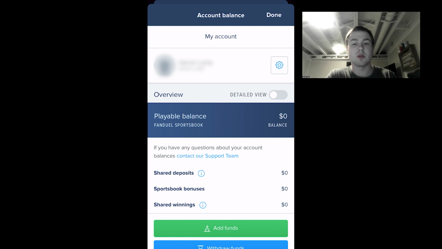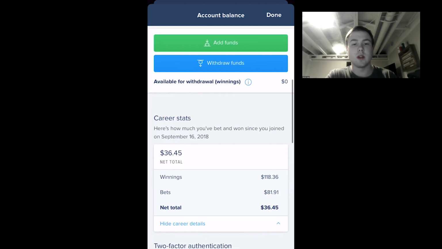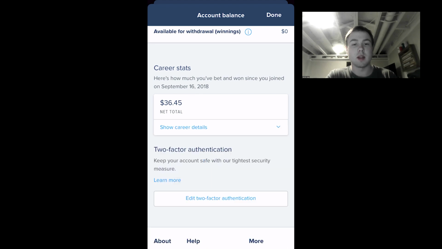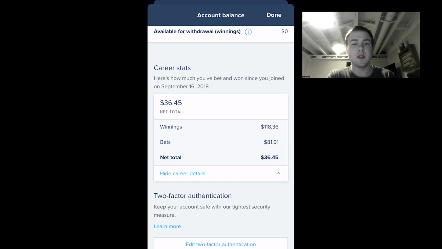Next step is you're going to scroll down a little ways here, and you will clearly see career stats. Mine has it showing instantly. Yours, for the first time you open it, might be hidden. It might look something like this, and all you'll have to do is click that little button that says show career details, or that drop down arrow right beside it, and that's going to show you all your winnings and